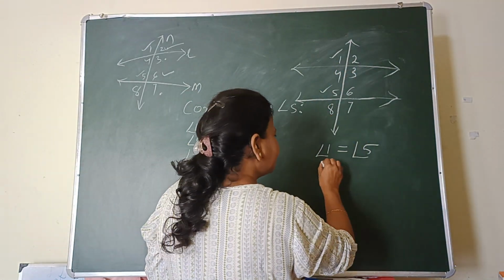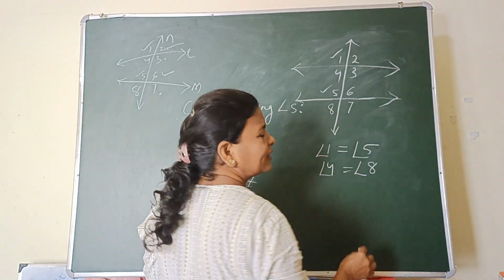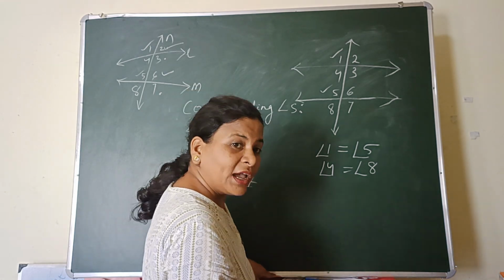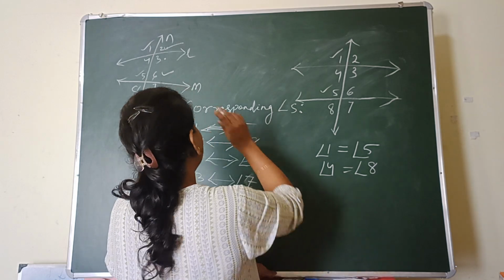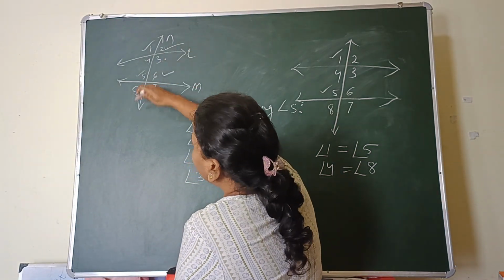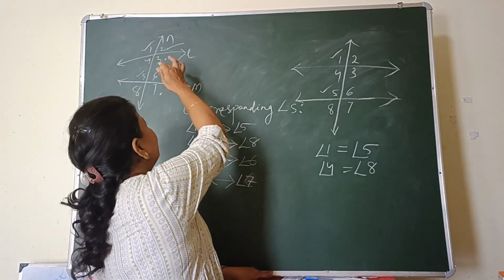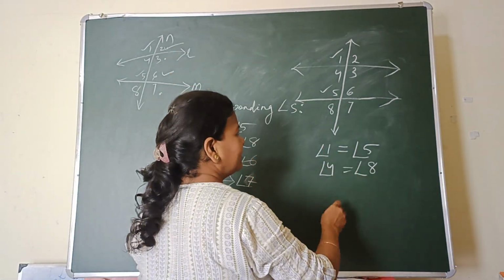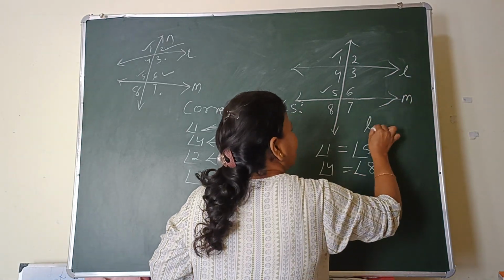Angle 4 becomes equal to angle 8. Because they are corresponding angles, they will be equal. Why? Because the lines cut by the transversal are parallel to each other. In this case, why don't the corresponding angles become equal? Because the lines cut are not parallel to each other. In this case, L is parallel to M. That's why